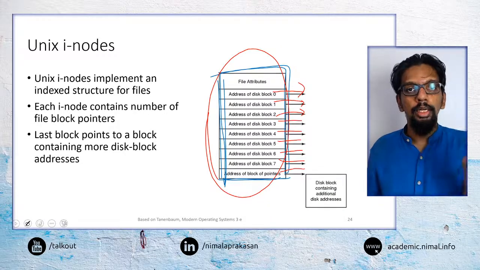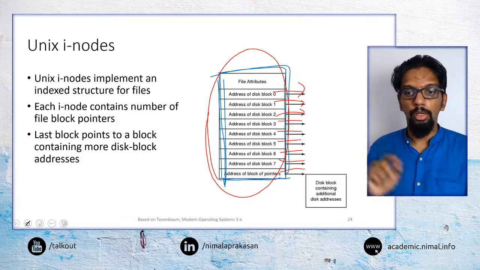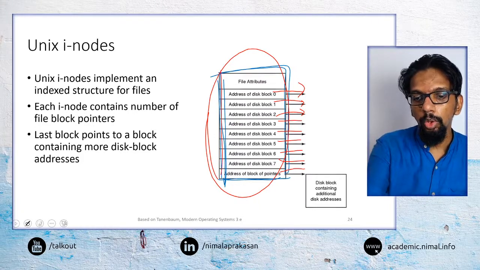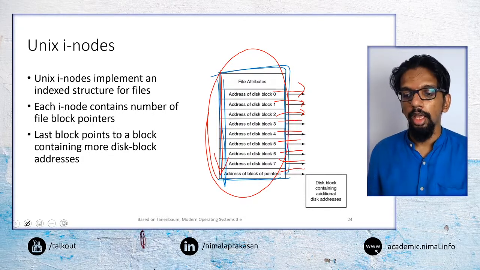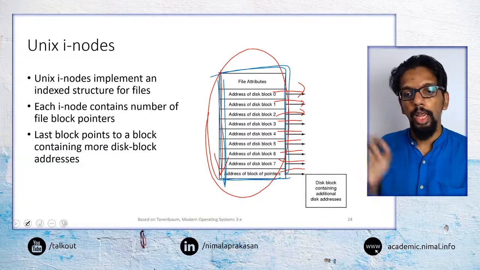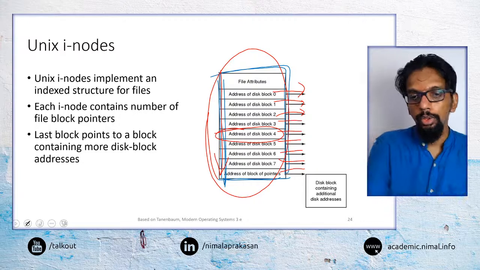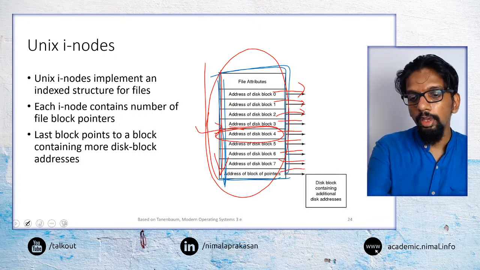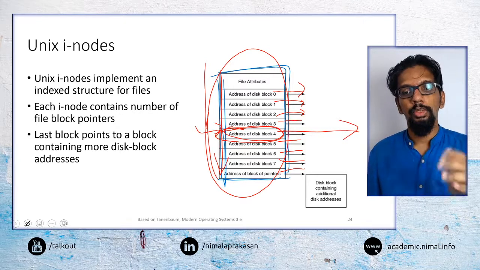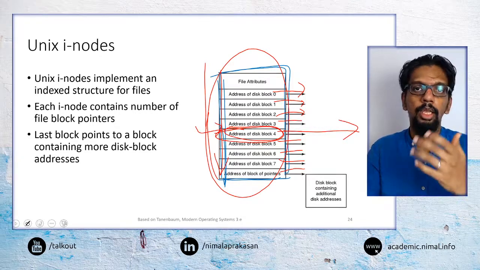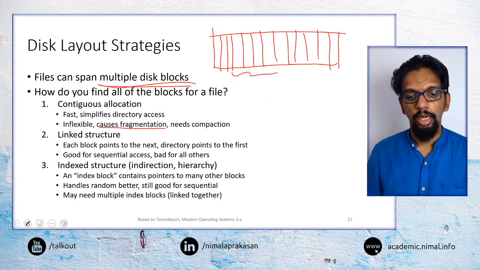So in the linked list structure, we have to go to each of the blocks to identify the next block, whereas here we can go through these entries, the index node entries, and then we can go to the particular address. So if you want to go to block 4, we can go to this entry, identify the address for that block, and directly go there. So this would be in a way an improvement from a linked list structure.